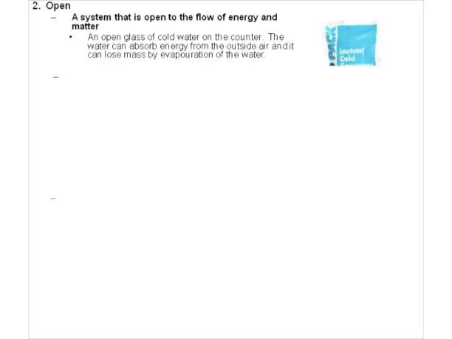Here are some examples of an open system. This is a system that's open to the flow of energy and matter as well. In this case, we could look at a glass of water in a container. It's not covered or anything. As the glass of water cools off or warms up, depending on what the temperature outside is, the water evaporates, and now some of the water is lost. In this case the water is the system, because that's what we're studying. The water evaporates, therefore we have a loss of matter. So it's all a matter of determining what you're